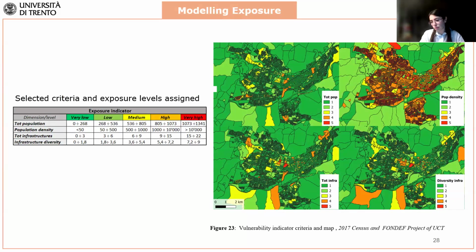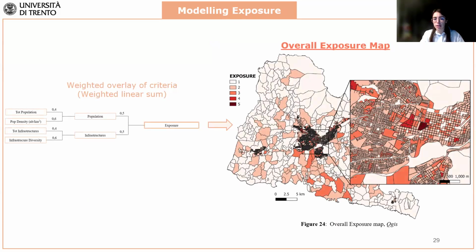For the exposure factor, basically we applied the same methodology applied for the vulnerability. In this case, we considered the human exposure in terms of total population and population density, and the infrastructure exposure in terms of total infrastructure and infrastructure diversity. So considering how many different infrastructures were present in the same district. Even in this case, we associated an indicator from 1 to 5 to each of this information, and we created this map. They were again combined together, in this case through a double weighted linear sum, to create the overall exposure map, showing which are the districts in which there are the